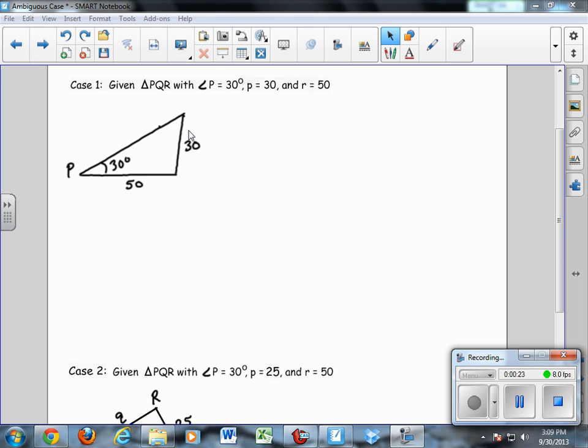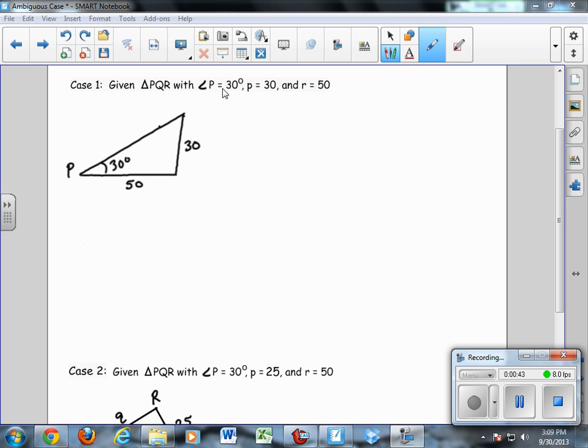If we were going to set up, we know two sides and an angle. So the rule of thumb is that when we know two sides, we use law of cosines. When we know two angles, we use law of sines. So we're going to actually do both, but we're going to start out with the more typical, which is the law of cosines. So if I want to find,